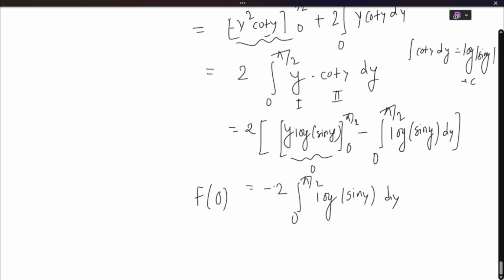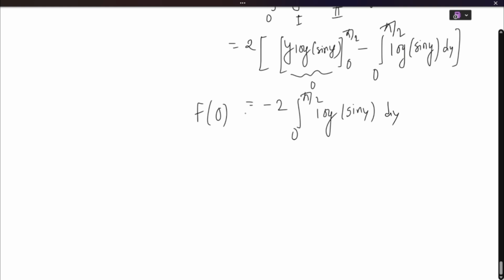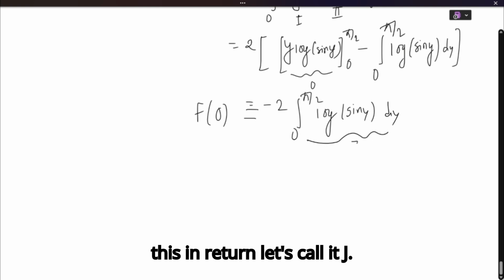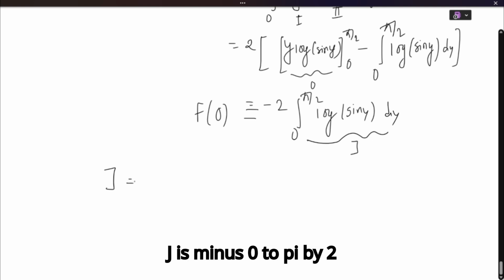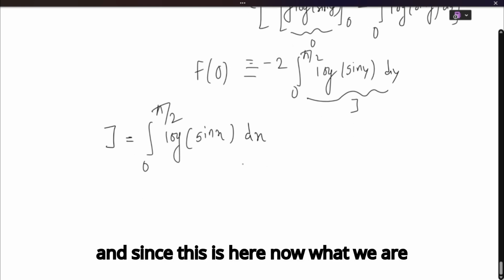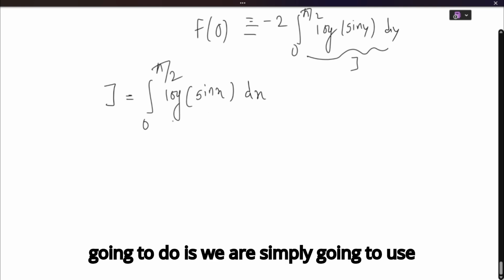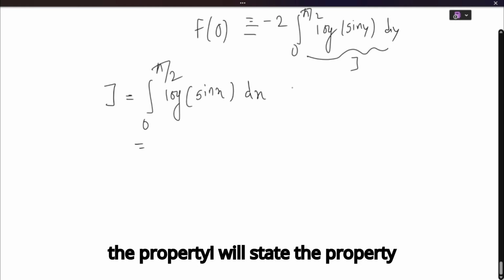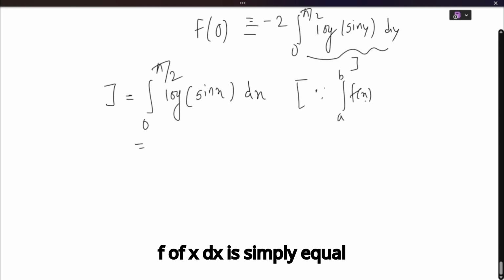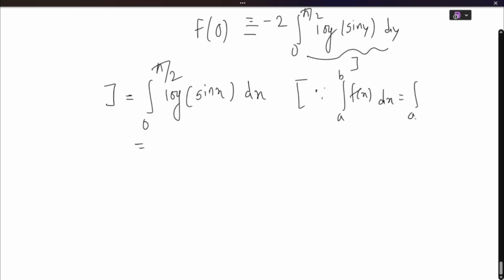Okay. Now, since this is f of 0, now let's write it like this again. Now, we are going to evaluate this integral. Let's call it J. J is 0 to pi by 2 log of sin x dx. And since this is here, now what we are going to do is we are simply going to use the property. I will state the property here. Integral a to b f of x dx is simply equal to a to b f of a plus b minus